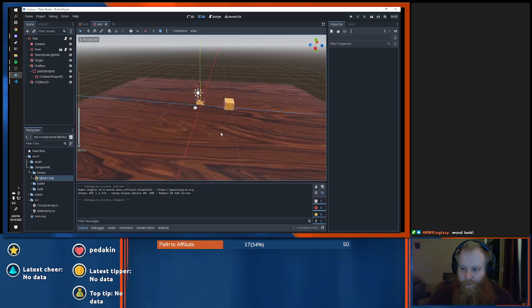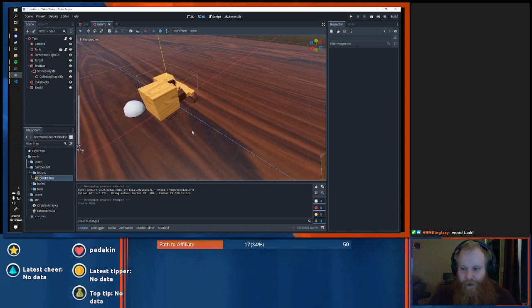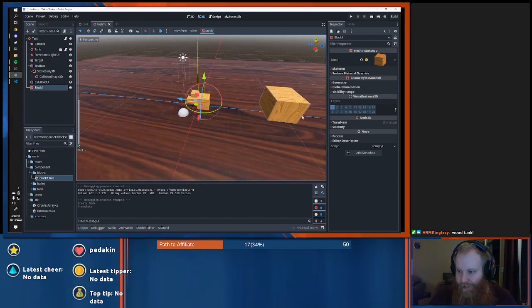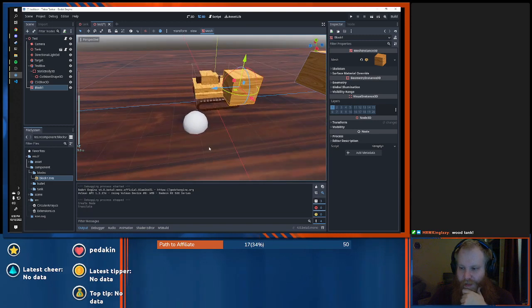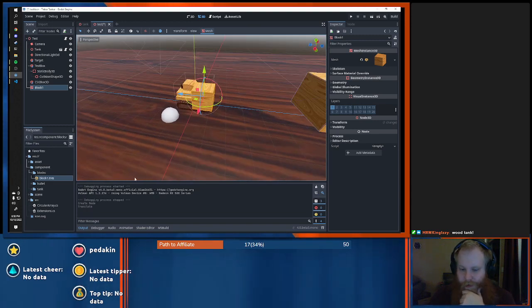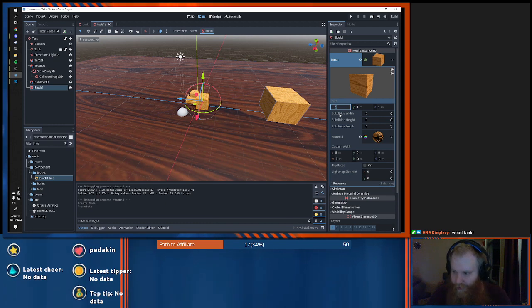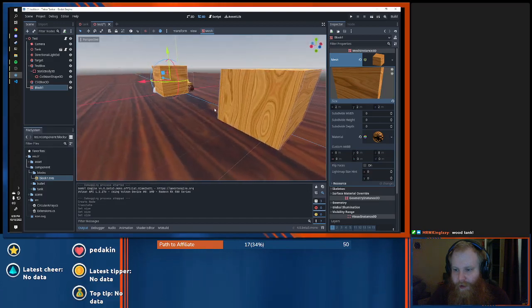Okay, so first thing I'm going to do is this is the new block type I'm going to be using, but it's very small. I want it to be much closer to the size of this temporary block right here. So, trying to decide how I want to do that. I don't know if there's much I can do. Okay, I can do it in the mesh itself. What happens if we just double the size? That's actually pretty close.